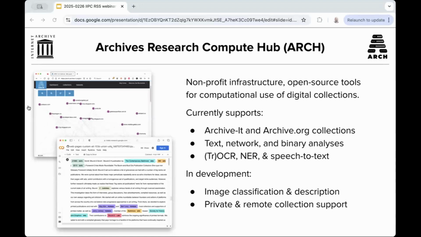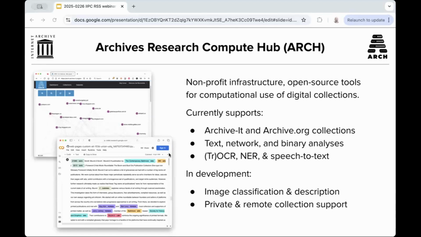That's a web graph, for instance, produced by Arch in the top left screenshot on the slide here, and I can show you that one up a little closer in a moment. And then there are the workflows that we've incorporated so far. They're all open source and documented, including instructions and tutorials that we maintain in parallel for things like the command line NER notebook in the other screenshot.